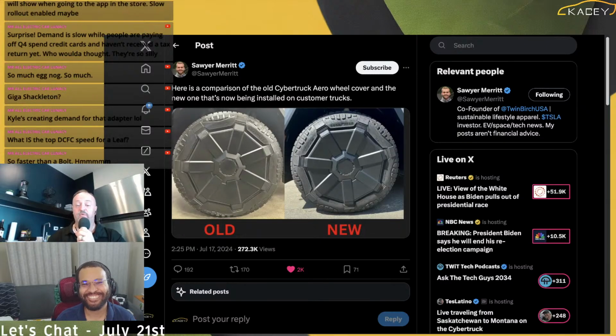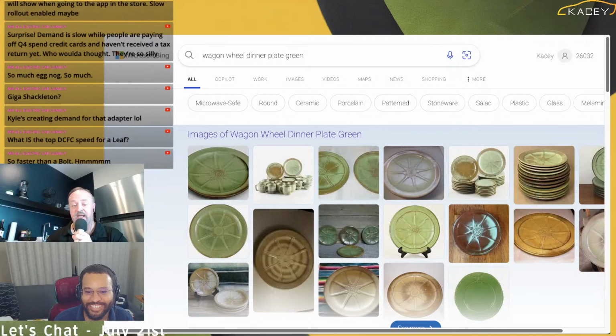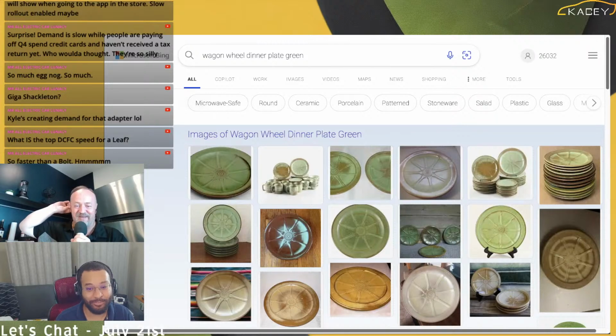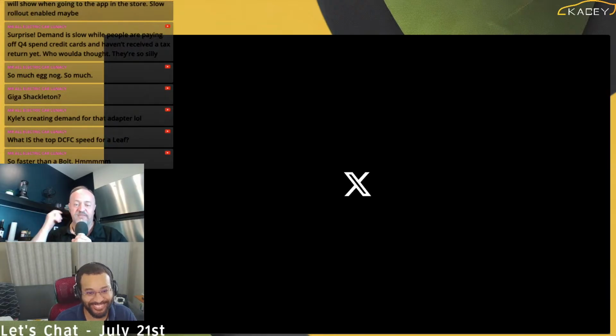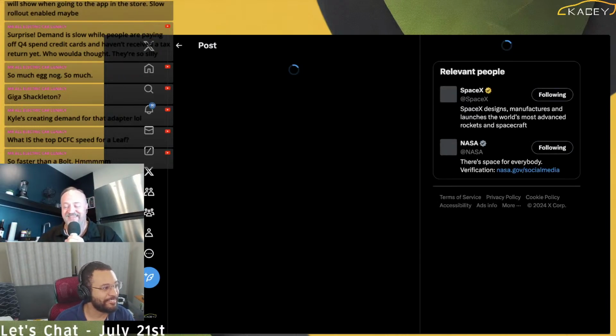So if you Google wagon wheel dinner plate green or 1970s, you'll find a dinner plate that looks just like these. Boy, we had them when I was a kid and we hated them. And I looked them up recently to show my kids what it looks like. My goodness, and there they are. They're on eBay and they're expensive. Whoa, that's a Cybertruck hubcap, my friend. I would go with a third party on that one, but it just tells you that Franz is the same age as me, I guess. I guess it does, yeah.